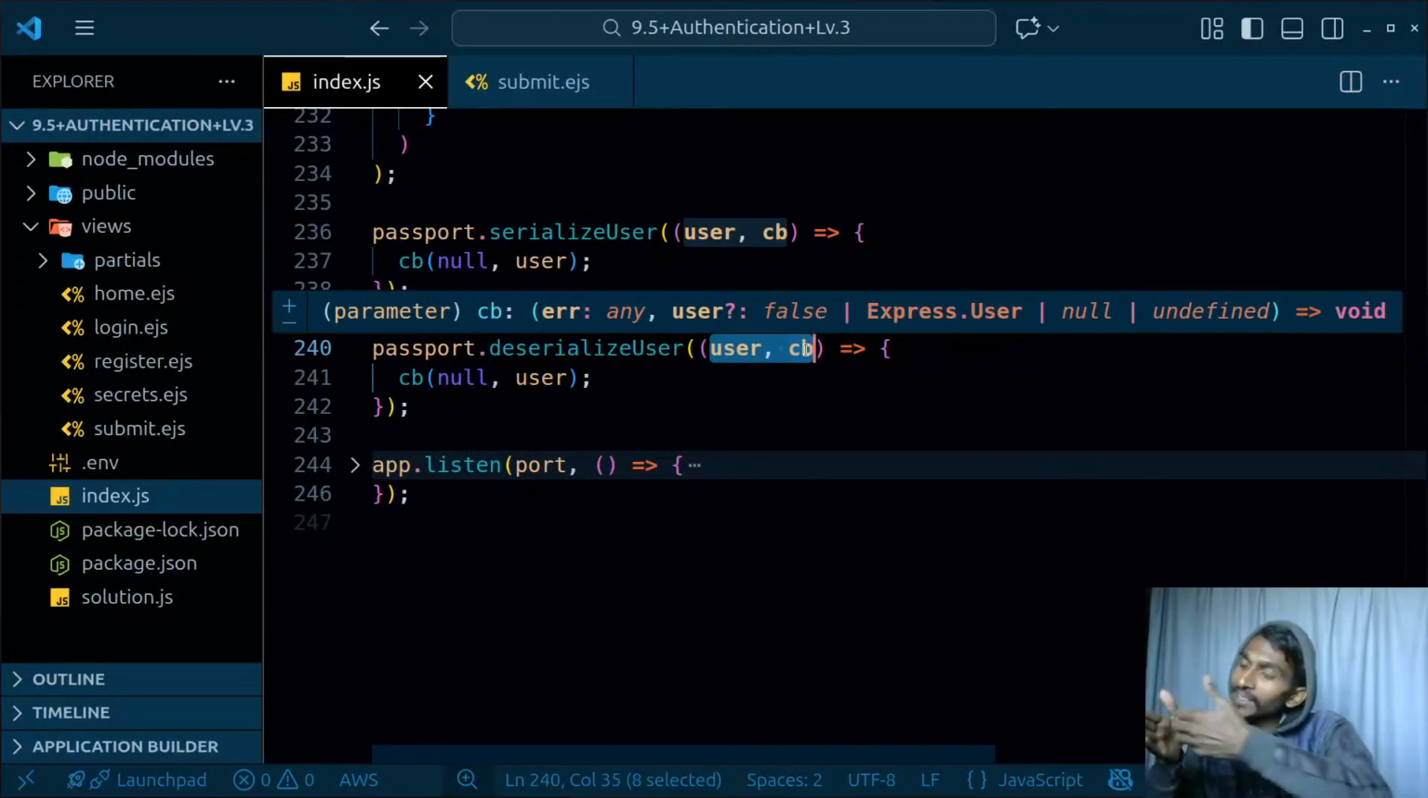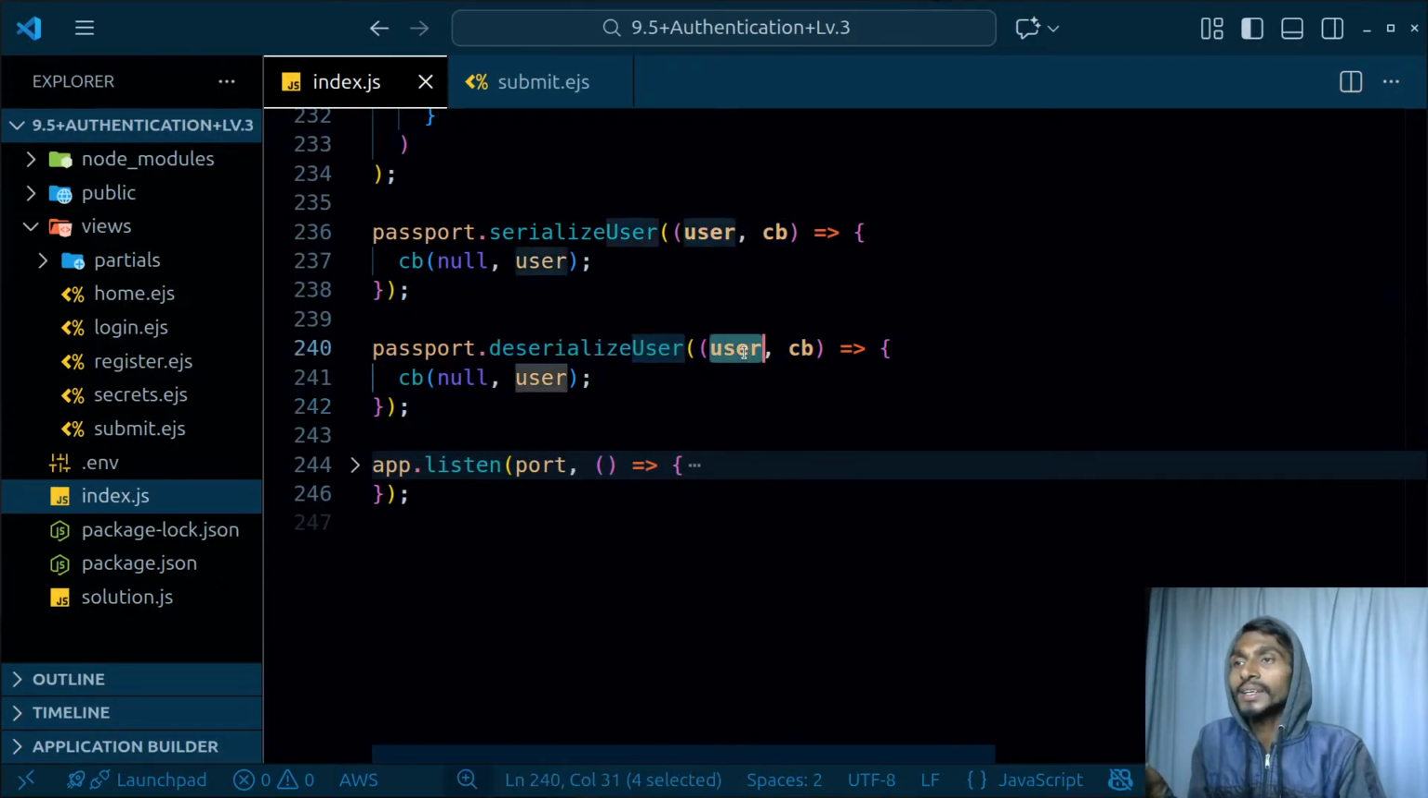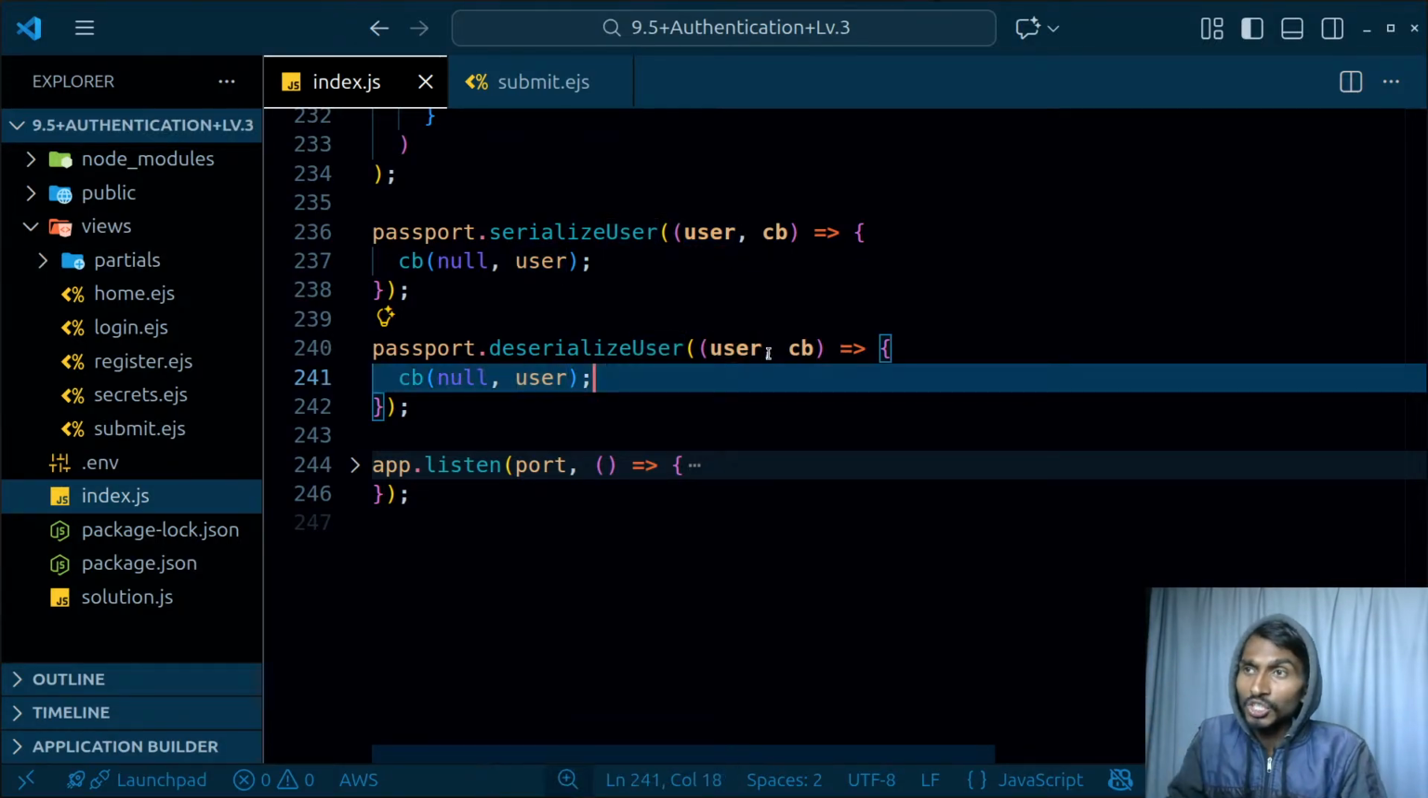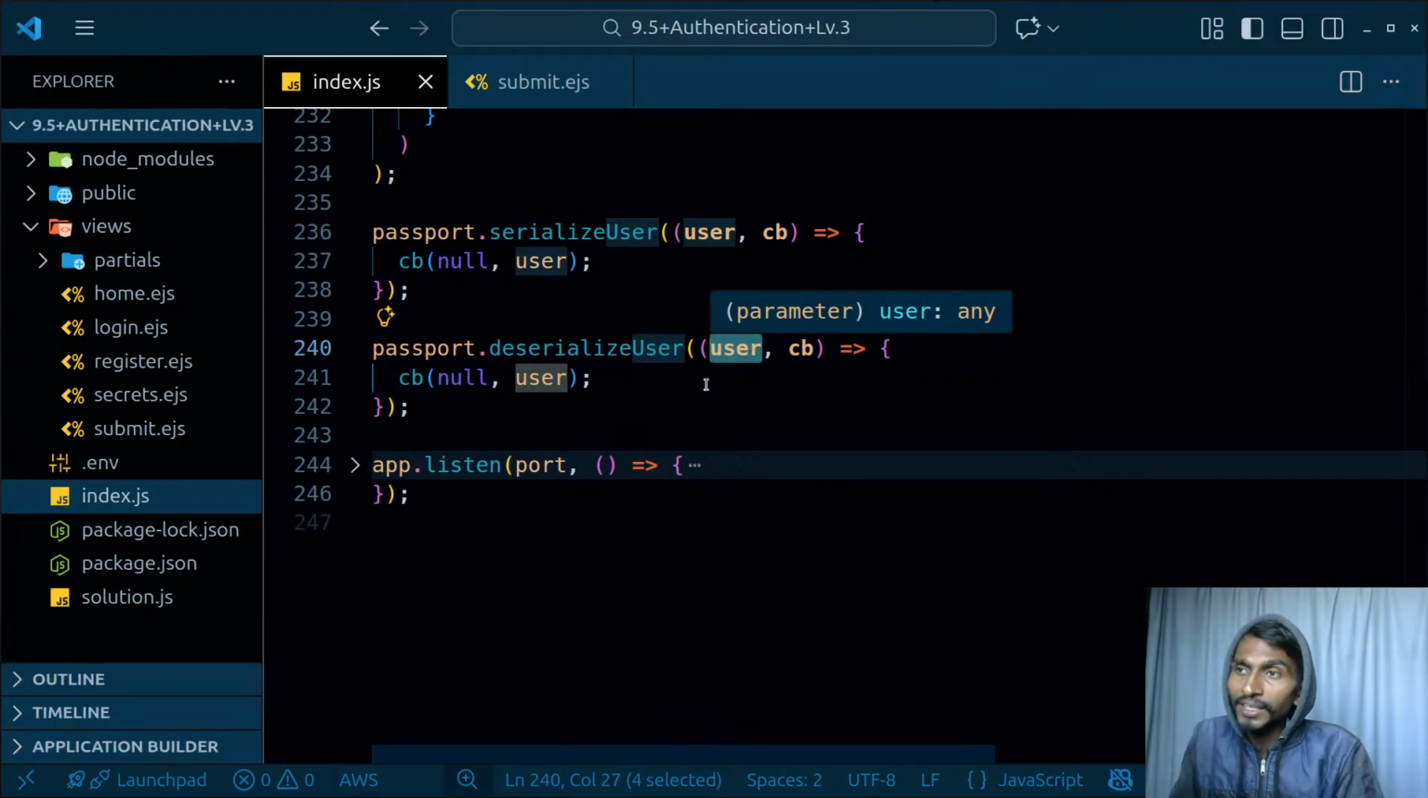Deserialization means get the data from the session, make it in a format that is easy to work with, and make the data accessible inside user, as simple as that. So it will get the data from the session, the data will be available inside the user, and as soon